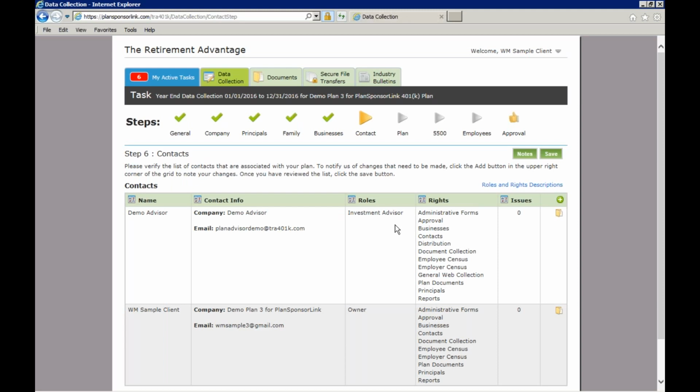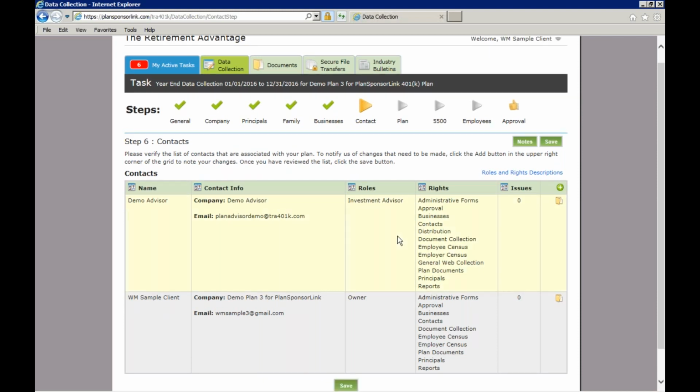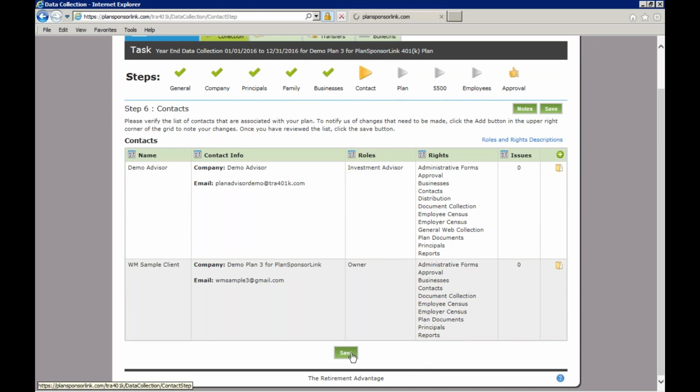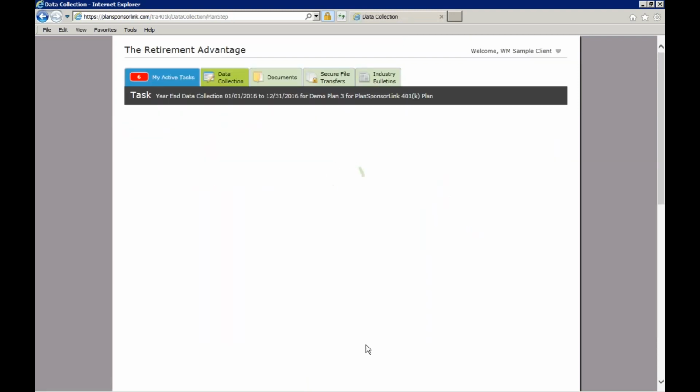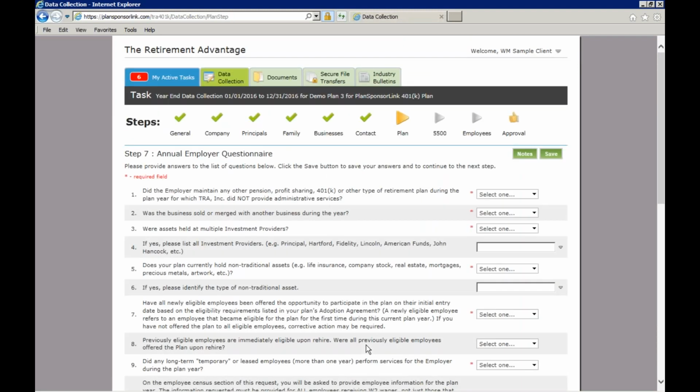You are able to add additional contacts on this page, but you cannot edit or remove existing contacts. So if you do notice that perhaps someone has left the company that previously had access, or maybe was listed within our contact database, please again reach out to your client relationship manager and they can assist you with updating our database. We can move on to the next step then once that information is updated, which will bring us to the